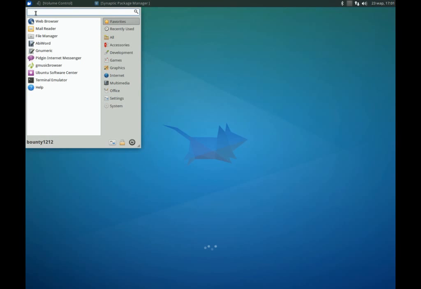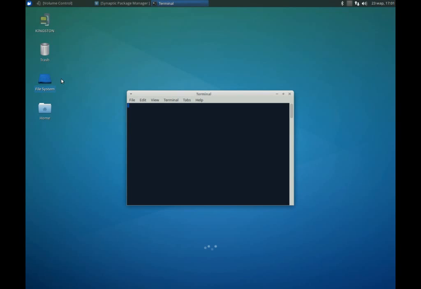Open Applications, type Terminal, or you have this in the Favorites folder. Open Terminal Emulator. Press Ctrl Shift plus. Type sudo s